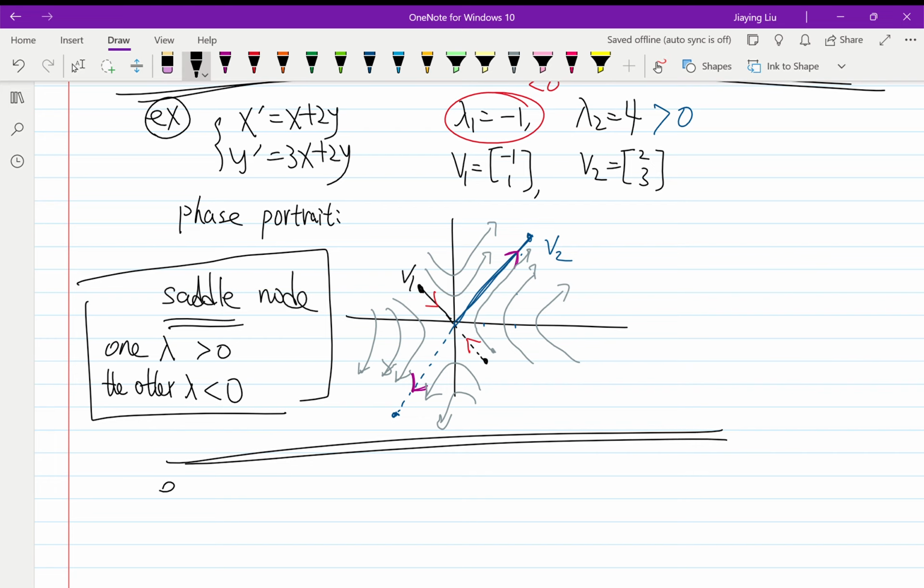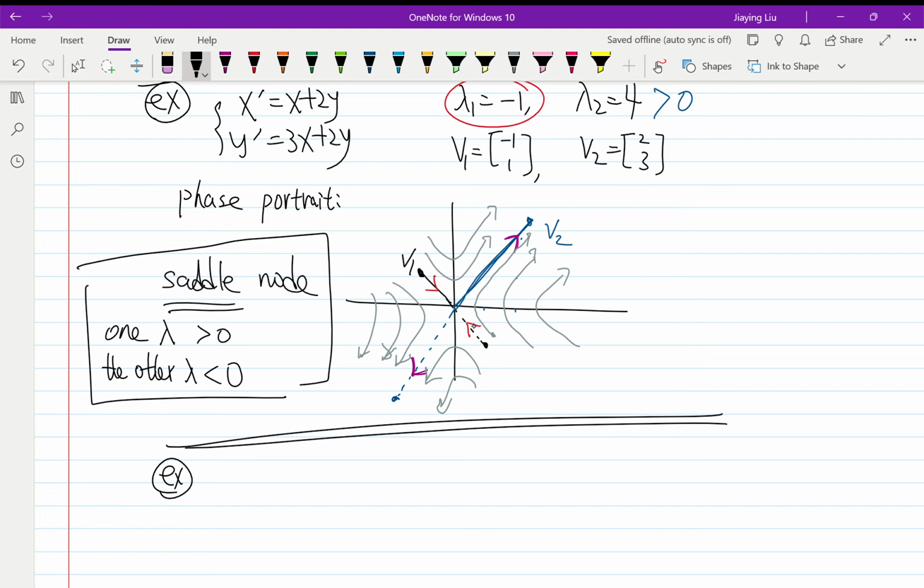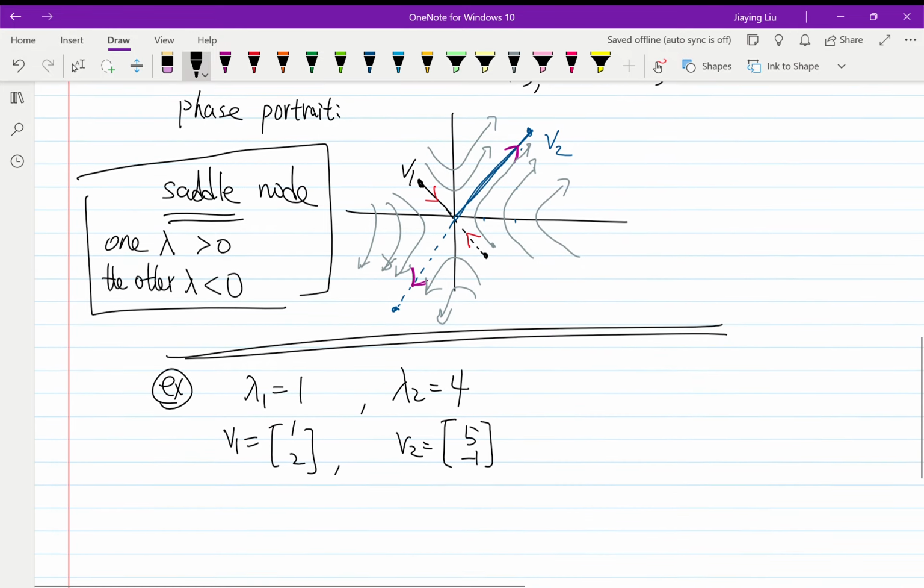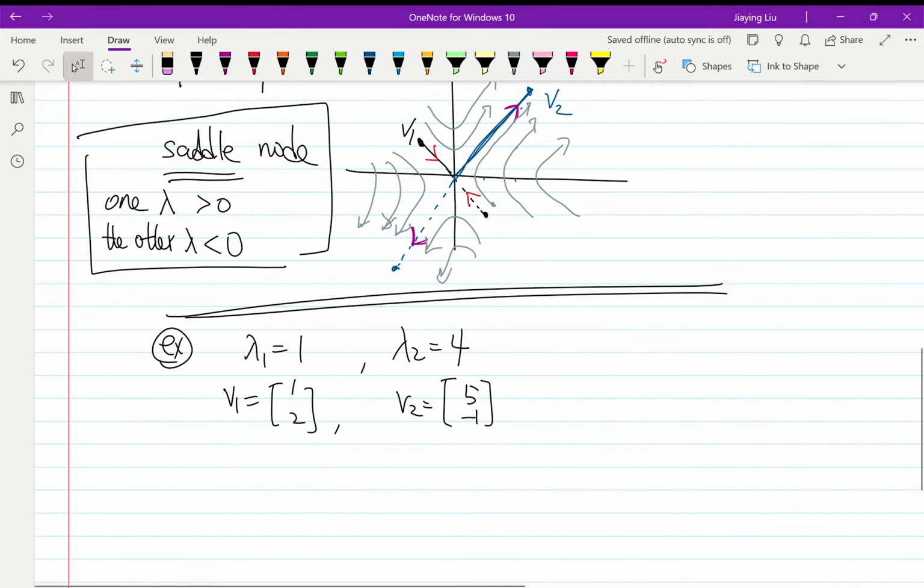And for the next one, I don't have a system of equations, so I'm going to make up some lambdas. Let's see, lambda 1 equals 1, lambda 2 equals 4, eigenvector v1 is (1, 2), and eigenvector v2 is (5, -1). Doesn't matter, just making up some example here. And if we plot the phase portrait,